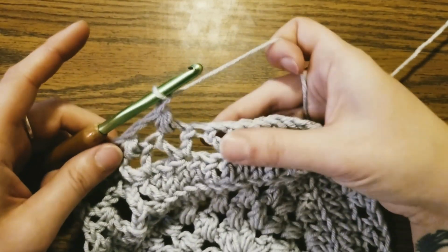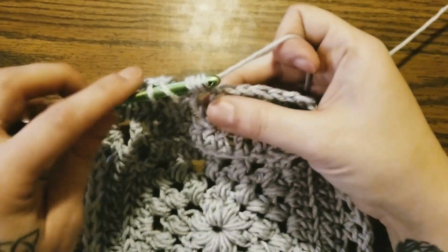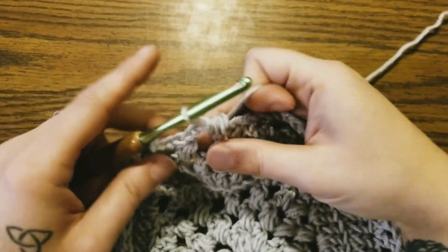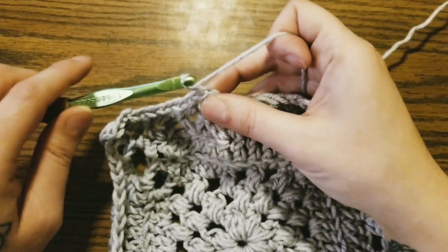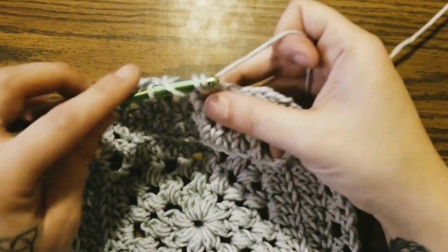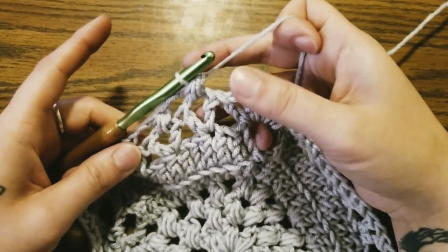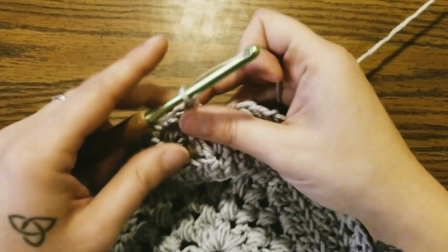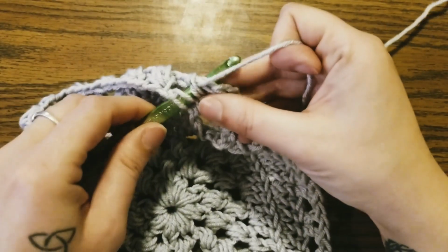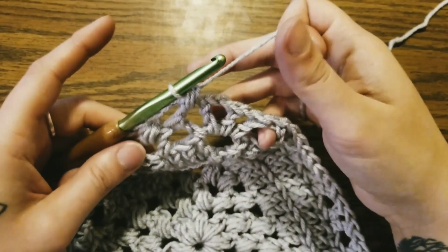Chain 2, bean stitch in the next V-stitch, chain 2, bean stitch in the next V-stitch, chain 2, bean stitch in the next V-stitch, chain 2,